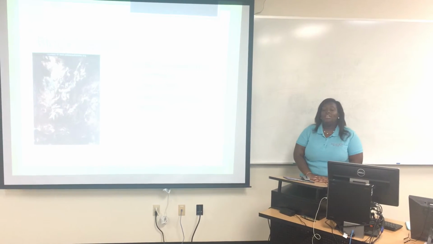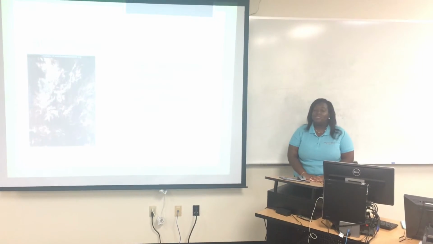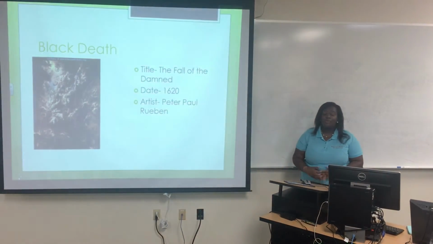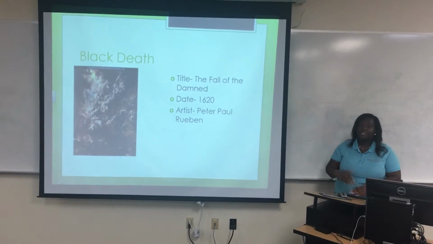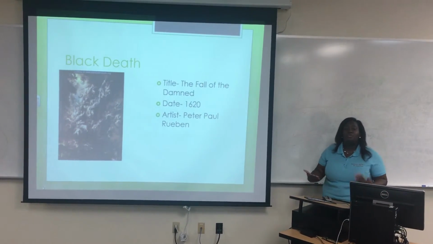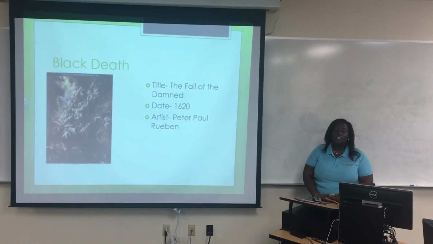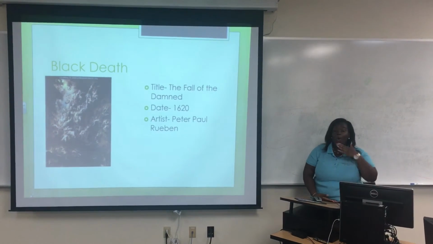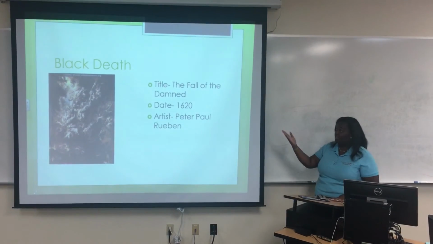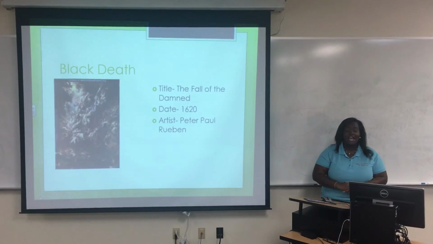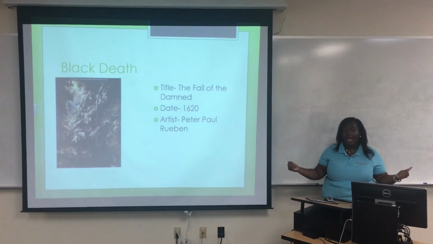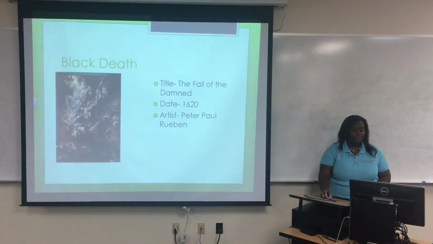When dealing with understanding art, as we stated earlier, there are different ways to understand art, and it all depends on you, the person who is viewing the art. How do you perceive the art? What is this artist trying to tell you through this art? What I personally got from this art piece is that the artist was trying to tell us that the sun was shining down, but we were still dying and we were still passing away.